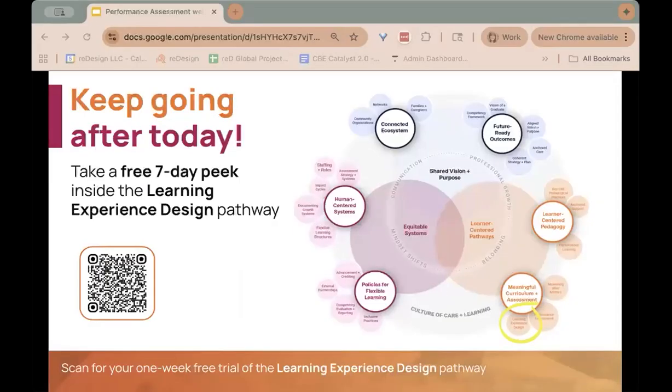All right, so I mentioned at the beginning of the hour, if you want to get a sense of how a learning pathway is structured, we do have this QR code that will take you into learning experience design, and you can muck around and see what's there and download something if it's interesting to you, and just get a sense, explore, and give us feedback if you have it. We are really working hard to be very responsive to feedback and suggestions from people.